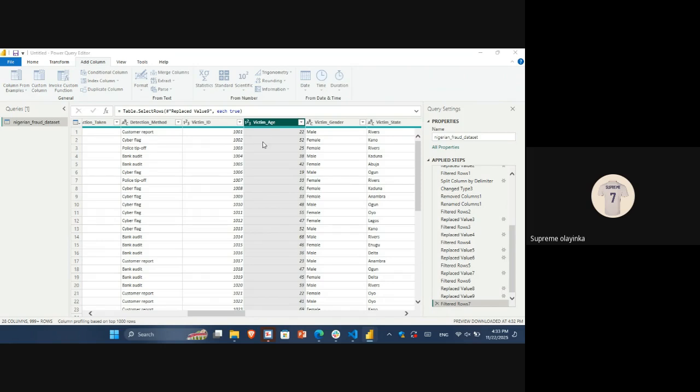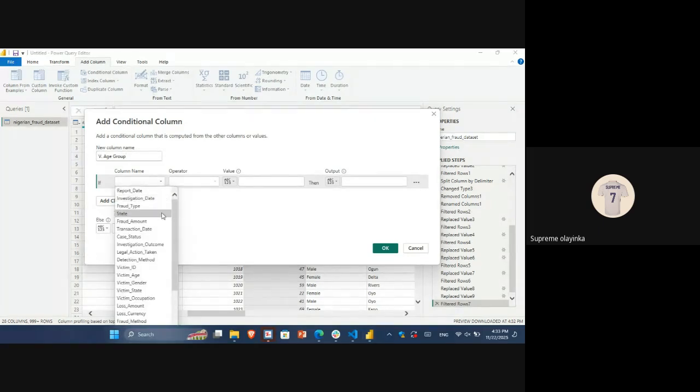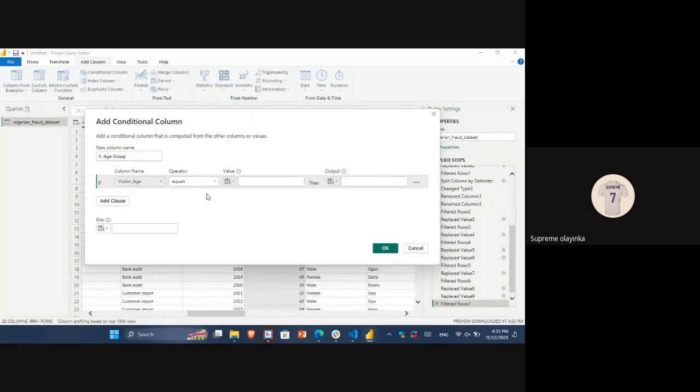So if it is less than or equals to, so this one will be age group, or victim age group. Let me just say victim age group, right? So you click on the column name. I think it should be victim age. So if it is less than or equals to 30,